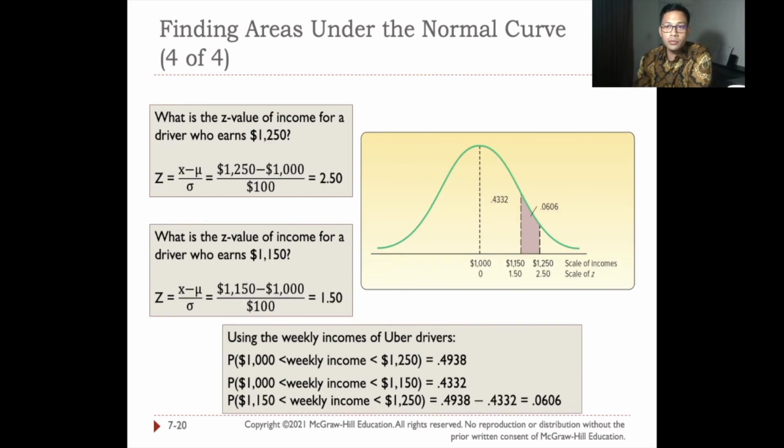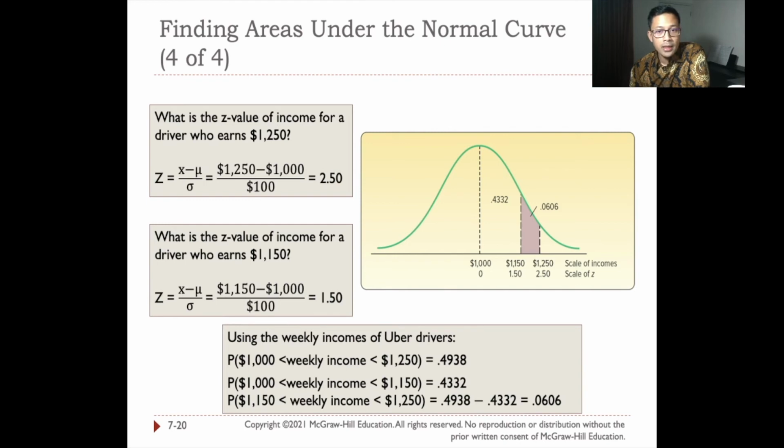Now, this is going to be the trickiest of all. Why? Because you're actually going to find area within either side of the probability distribution. It could be on the right, it could be on the left. But in this particular case, it's going to be quite challenging because we're not looking at the area until negative infinity, but it's actually an area until some point to the right of the value of interest. And so in this particular case, we're interested in looking at the probability of weekly income between 1,150 and